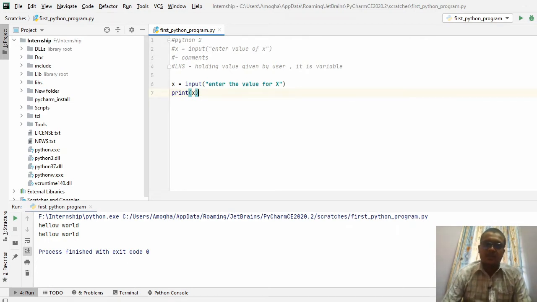After giving a value, to see the results, you can simply pass a variable, saying that the value entered by the user is, and you can pass this variable x. This is the same variable you have used.